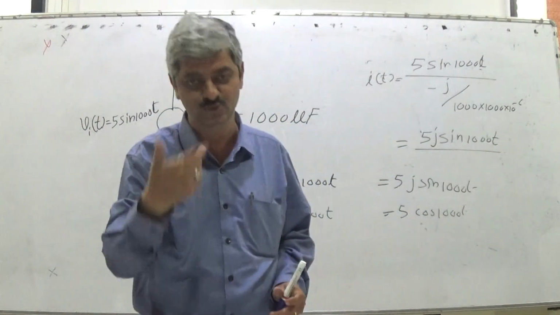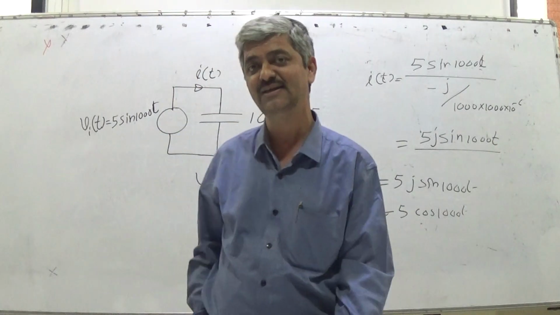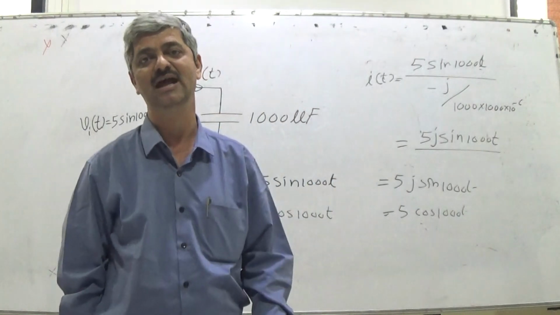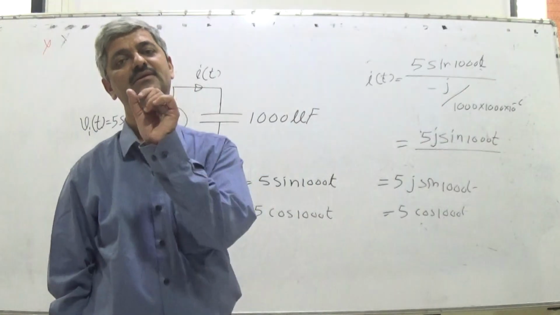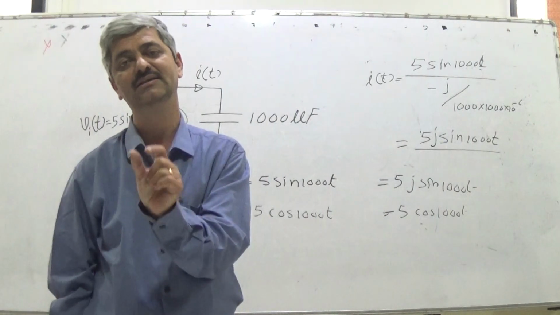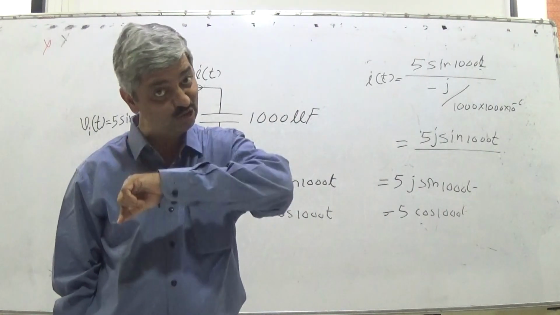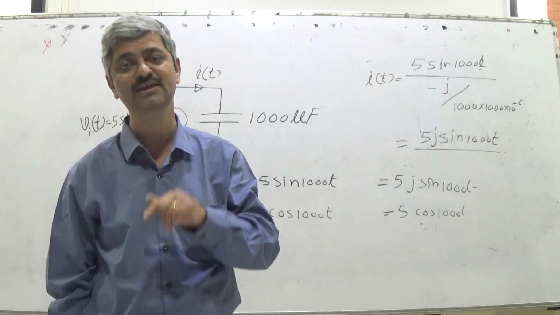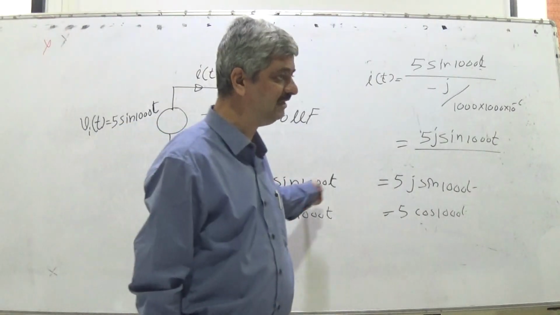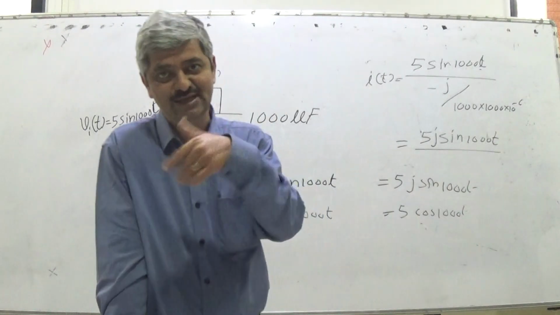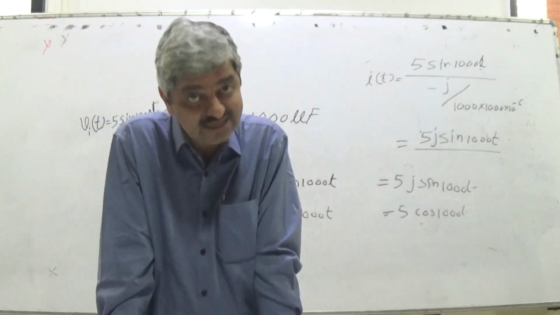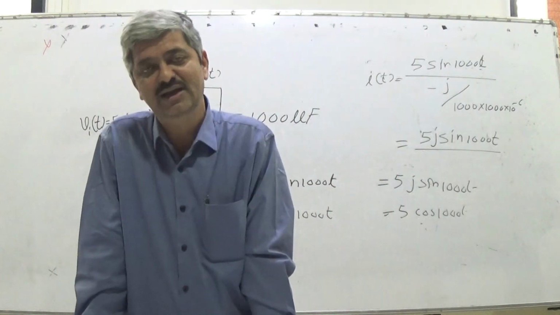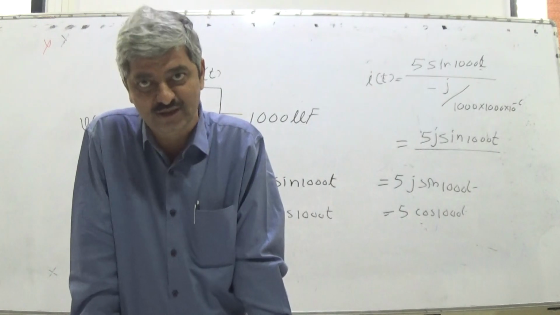So the task for you before tomorrow's lecture is to plot a graph of energy versus time. In first quarter cycle, energy is also not constant. Sine into cos is a waveform: sin 1000 t cos 1000 t, or sin omega t cos omega t, itself is another sinusoid. You can plot its graph.